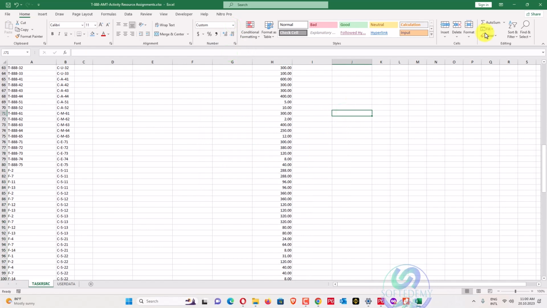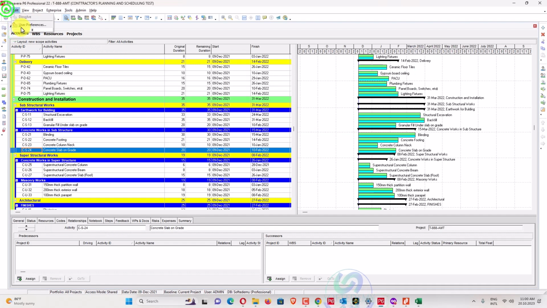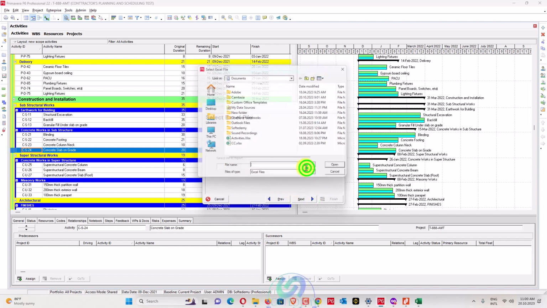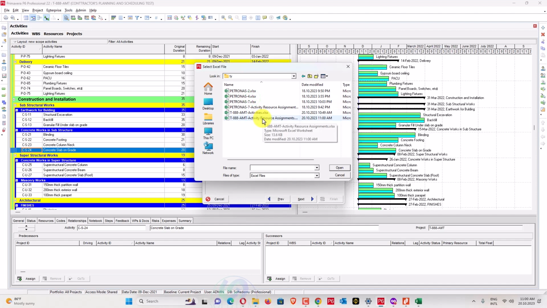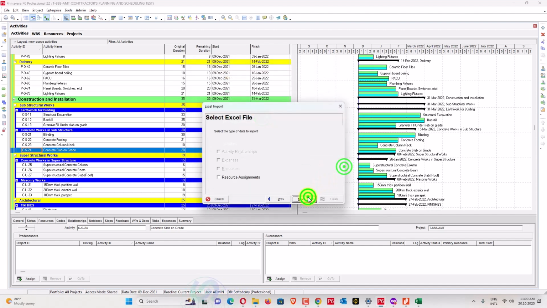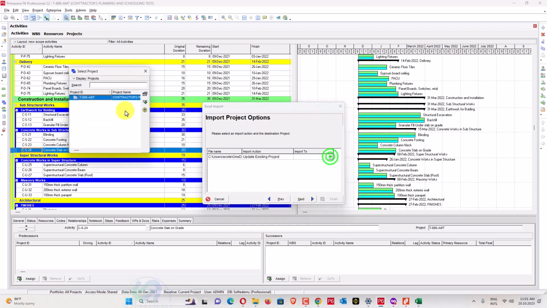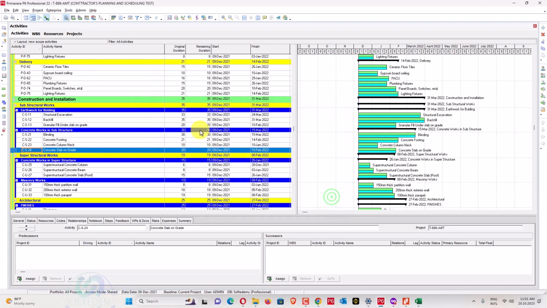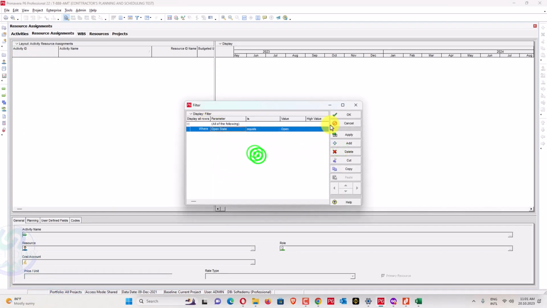These are numbers. Save this file, go here, import this file, import the XLSX file, next, desktop, TY, and activity resource assignment. Open this one, next. I hope there will be no error. If there is an error, that will be a great mess. You know it very well. No error. It's lucky. Okay, so resource assignment, we'll go here, remove filter if any applied, and apply OK.